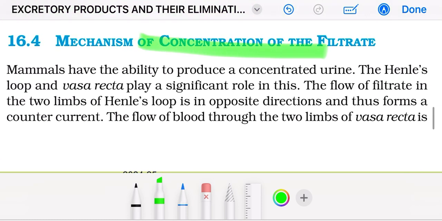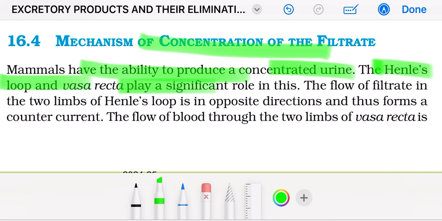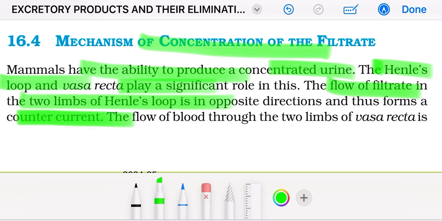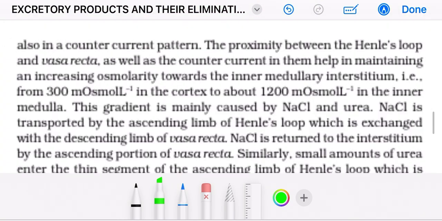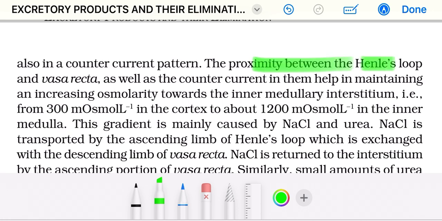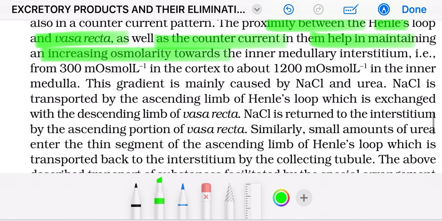Now the mechanism of concentration of the filtrate. Mammals have the ability to produce a concentrated urine. The Henle's loop and vasa recta play a significant role in this. The flow of filtrate in the two limbs of Henle's loop is in opposite direction. This forms a countercurrent. The flow of blood through the two limbs of vasa recta is again a countercurrent pattern. The proximity between Henle's loop and vasa recta as well as countercurrent in them help in maintaining an increasing osmolarity